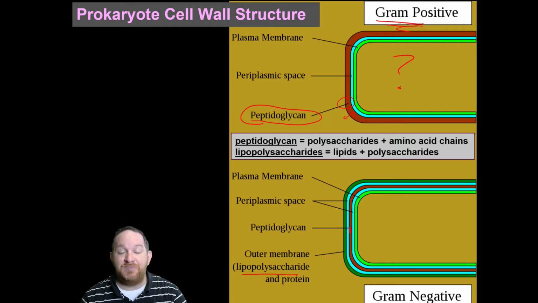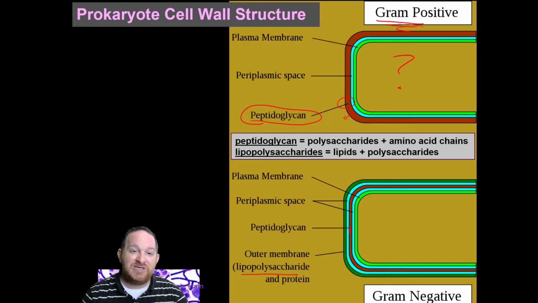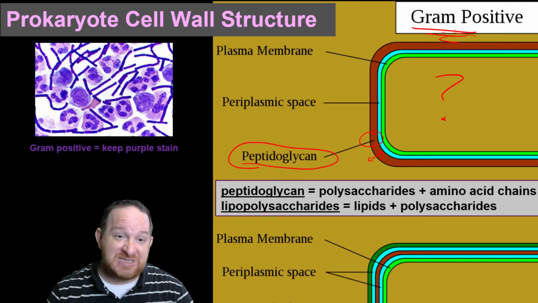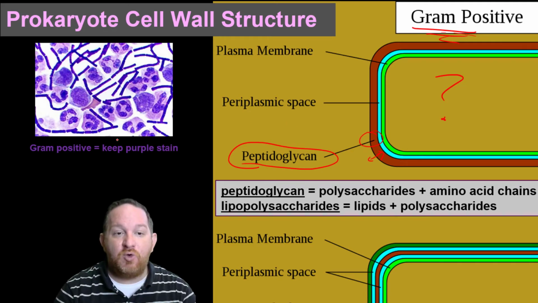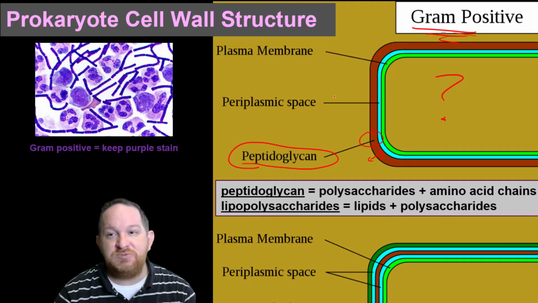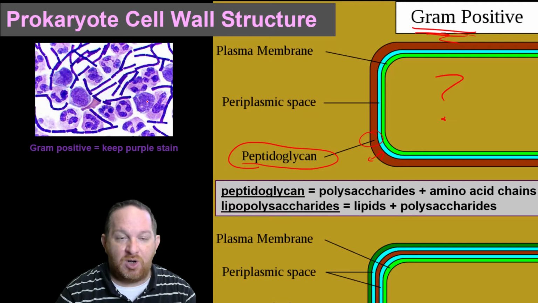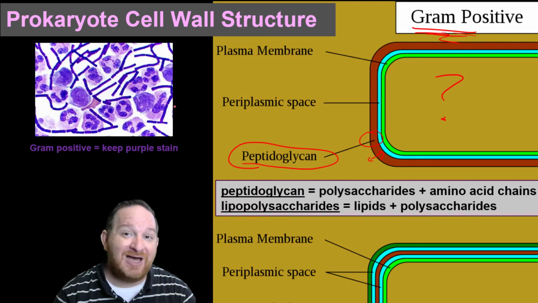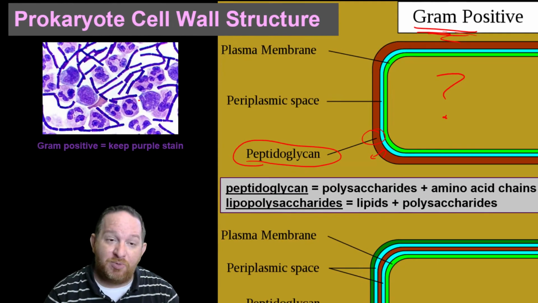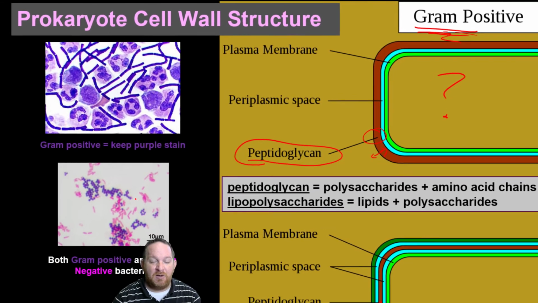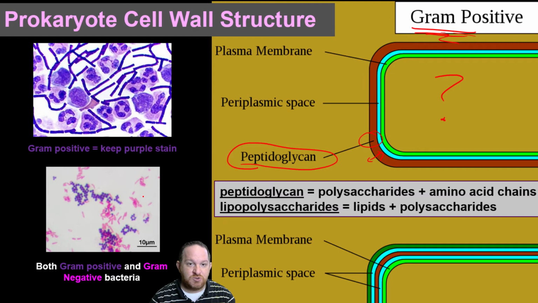So what does this mean? Well, what it actually means is that they stain differently. So if we take some bacteria and we stain it with some different stains, gram-positive will look different than gram-negative. This process is called gram staining. So what we do is we take the bacteria, we put it on a slide, and then we run a few different dyes or stains over it. We run a purple stain, and we also run sort of this pinkish, reddish stain on it as well.